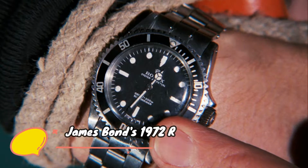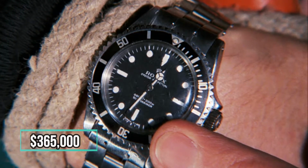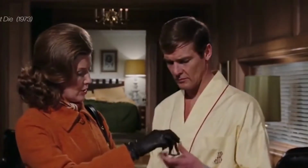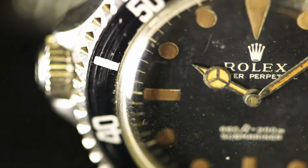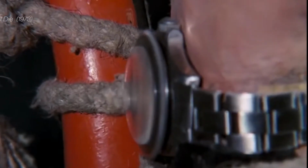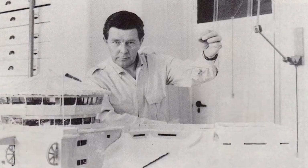Number 9. James Bond's 1972 Rolex Submariner, sold for $365,000. James Bond's 1972 Rolex Submariner is another wealthy addition to the list of most expensive Rolex watches. This unique watch was worn by Sir Roger Moore in Live and Let Die while playing James Bond in 1973. This expensive watch was sold in Geneva in 2015 at a Phillips auction for